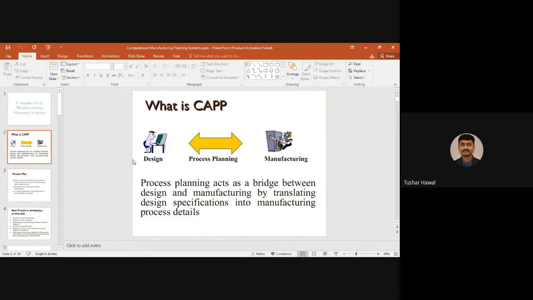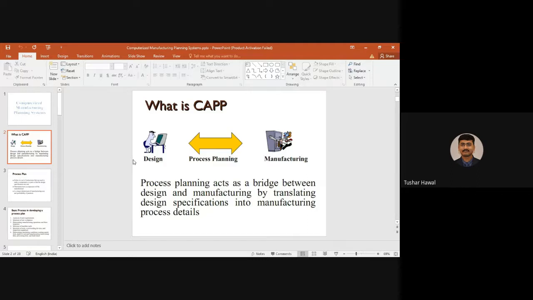There might be some constraints. Sometimes the part itself in that design is impossible to manufacture, due to restrictions, the kind of machines that are available, the tools, or the skilled workers.